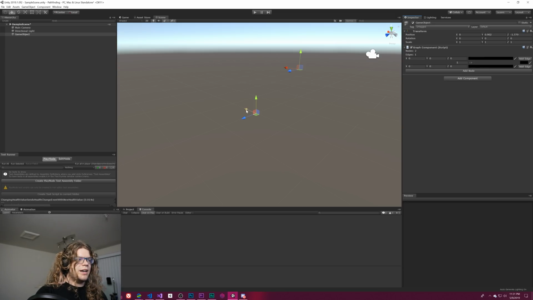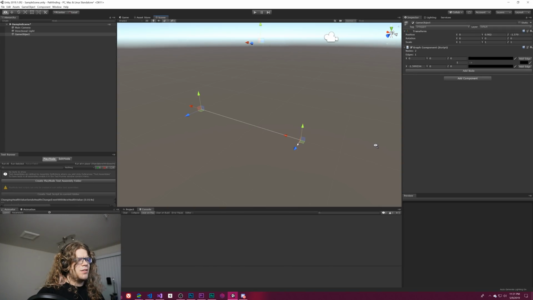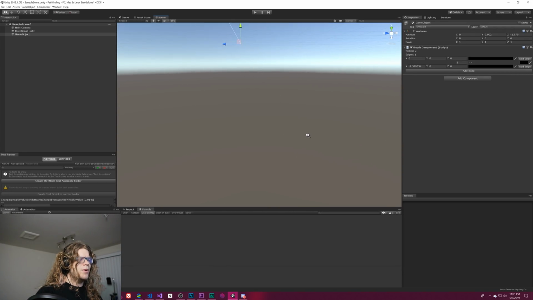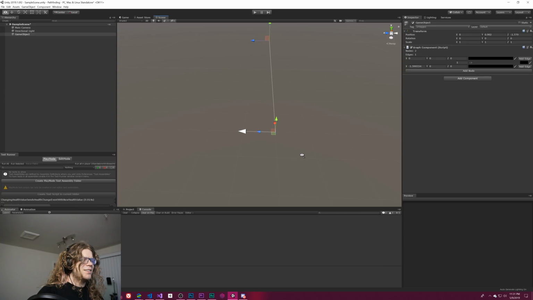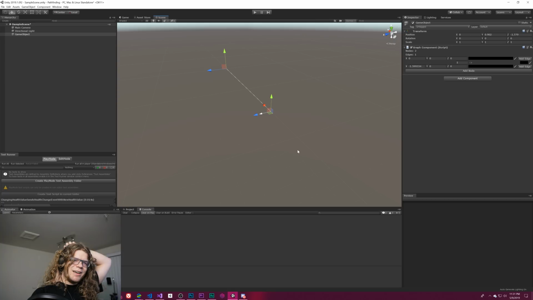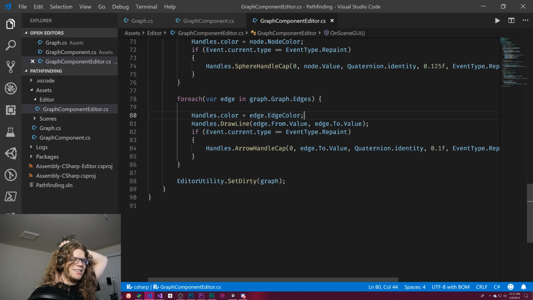We should get white lines, so I should just be able to move this. Oh. Oh. What? No. It draws a line with the arrow? Why does it do that? Oh, I don't know if I want it to do that. That may be less ideal. Though I suppose we can